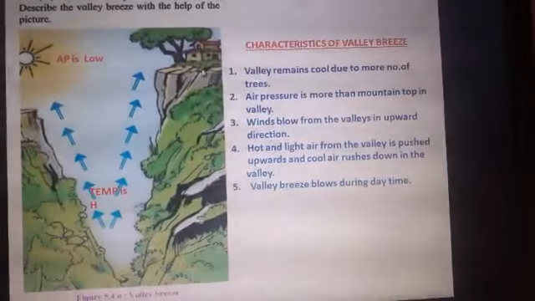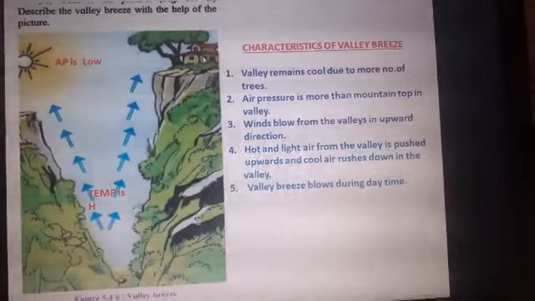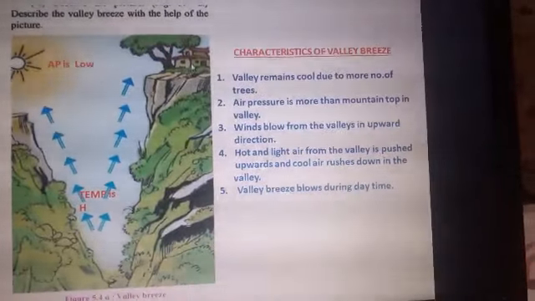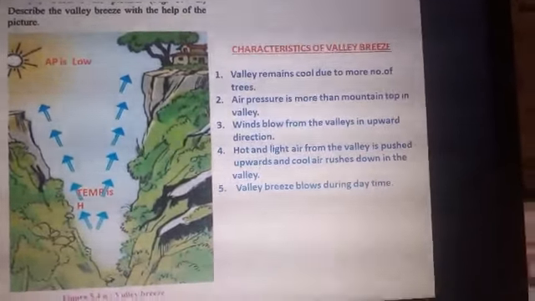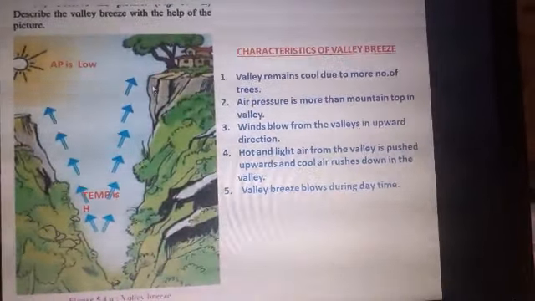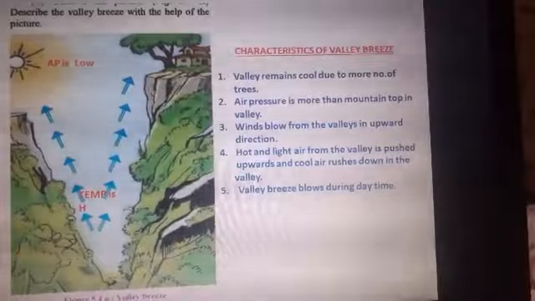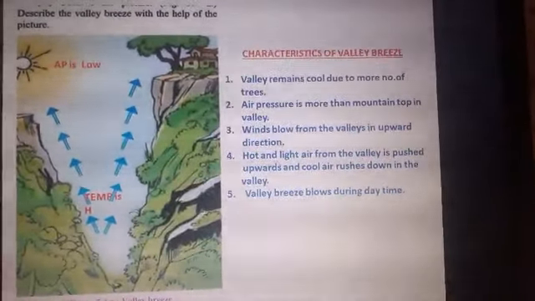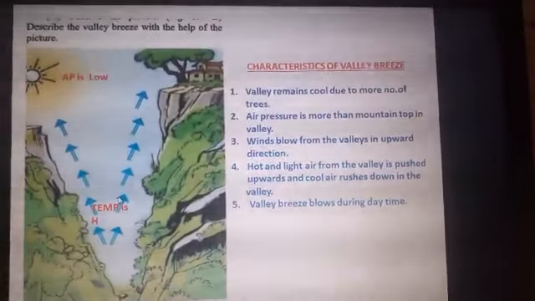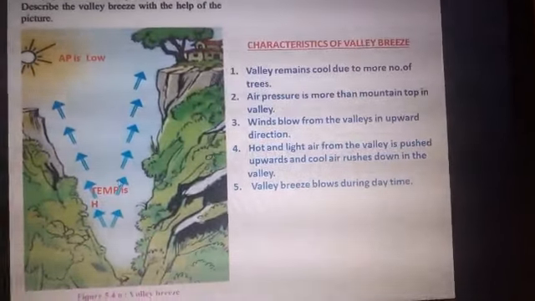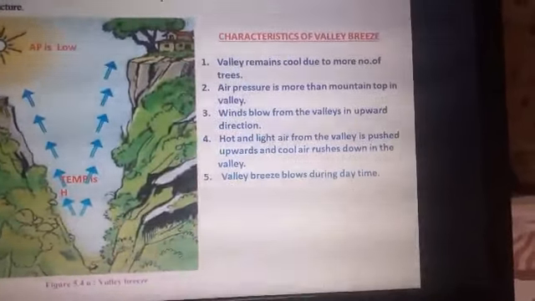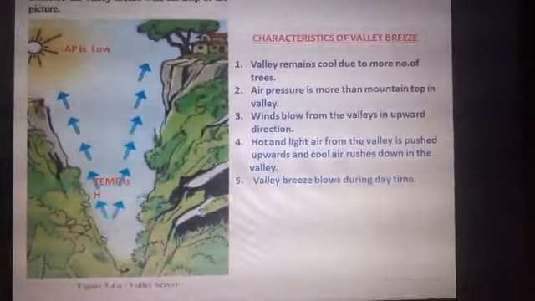You can find the houses are also there in the mountainous region. Even if you are traveling by train or by road, you will find valleys, isn't it? And you find the houses and crop cultivation also in the valley where the plains are there. Valley means, remember, the V-shaped part in between the two mountains. So this is called the valley. So we are going to study about the valley breeze. जो हवाएं वैली में चलती हैं उनको वैली ब्रीज बोलते हैं, the air which blows in the valley region.